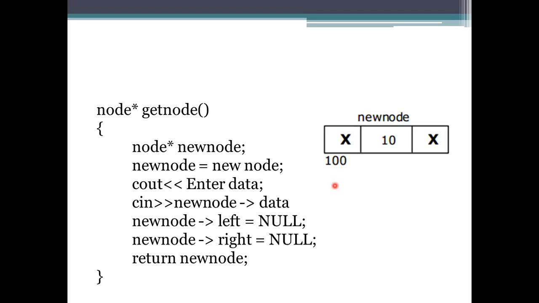So first, create a new node using this node representation. It creates a node with 2 pointers and one storage by using the new operator. When you are entering the data, you will give 10 here. This 10 will be stored in the new node's data, which is the second field. The left and right pointers will be null here, because it is not considered to have any predecessors and successors at this point. By that, you are creating a new node.